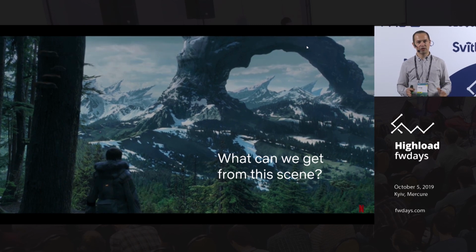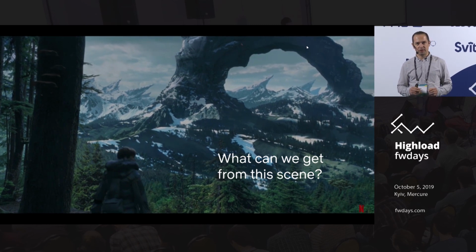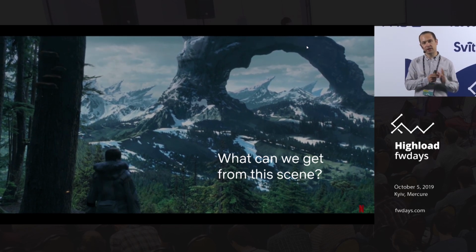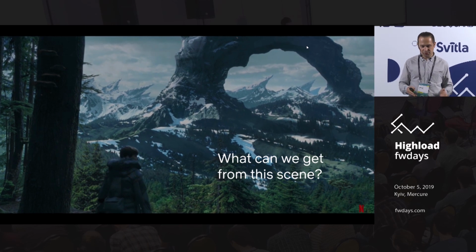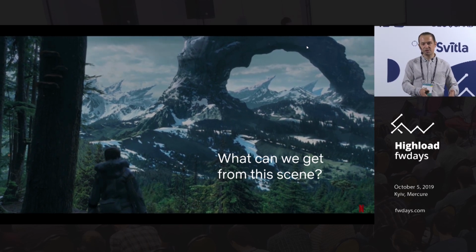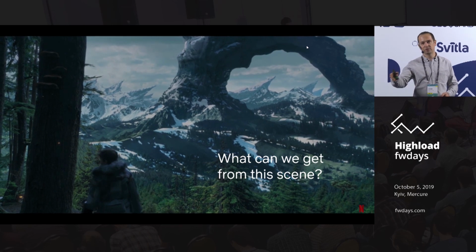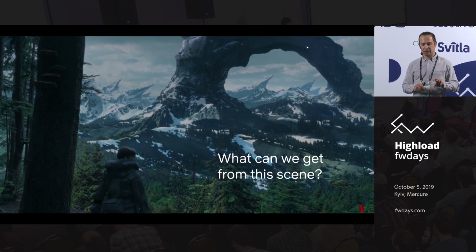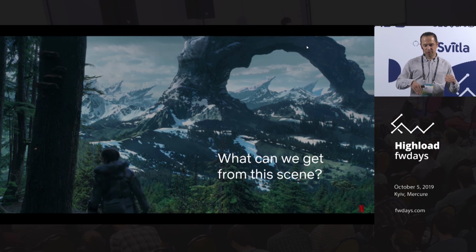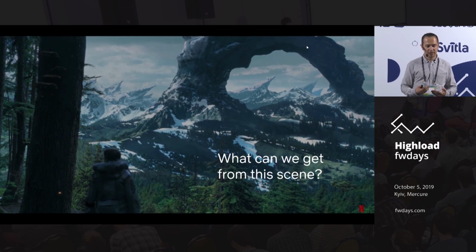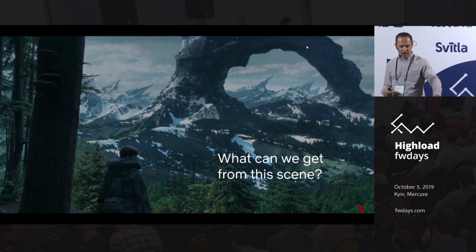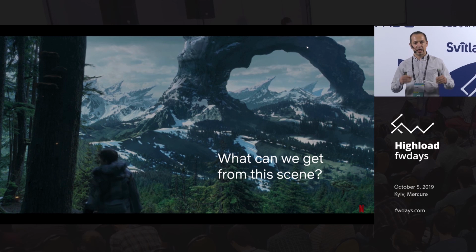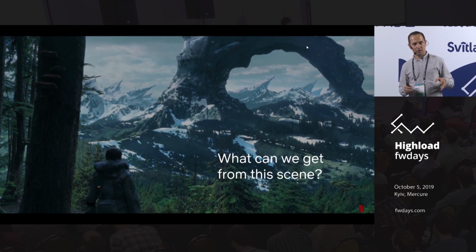You have a picture like this. What can we derive from here? Well, it's a movie. It's moving. So there is definitely a time dimension to it. And there is also a space. So we know that the guy is moving on the left, and there is this beautiful mountain on the top right. But you probably don't want to put any text on the left or on the right, so you won't cover the important pieces of the picture. Similarly, there are those things flying, and you need to know where they're coming from. So somehow you don't want to cover that either, and all this information has to reside somewhere.